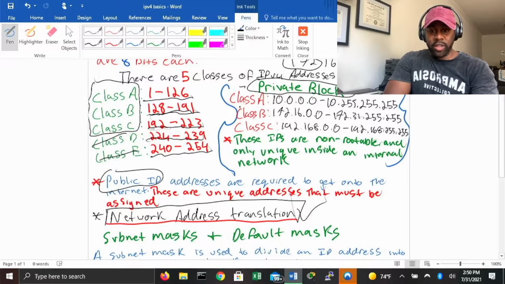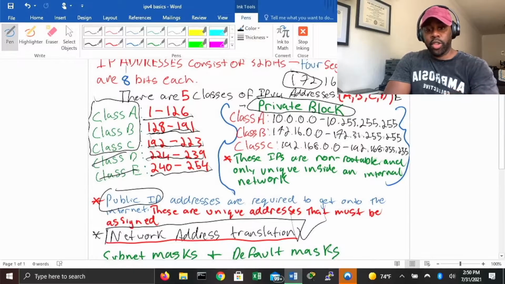We have class A, B, and C private IP addresses, right? And they're defined with these ranges. Class A is defined by 10.0.0.0 to 10.255.255.255. Class B, as we can see in our early example here, starts with